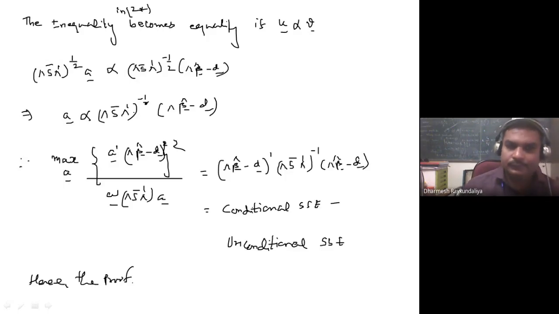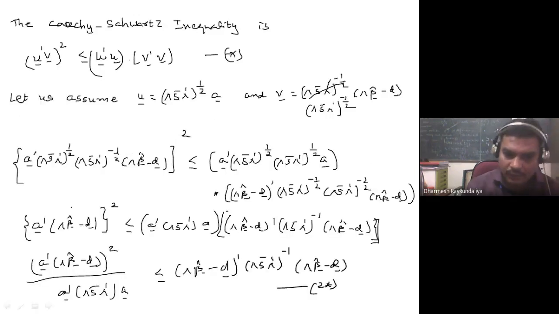Okay, so why have I taken the maximum? Because it is saying that this quantity is less than or equal to this. So when will this be equal? When you take the maximum value of this quantity, only then will it be equal, because this quantity is smaller than that, so when will it be equal? Only when you take its maximum value. That is how I have written the maximum.